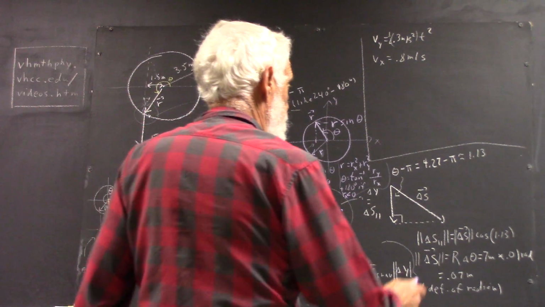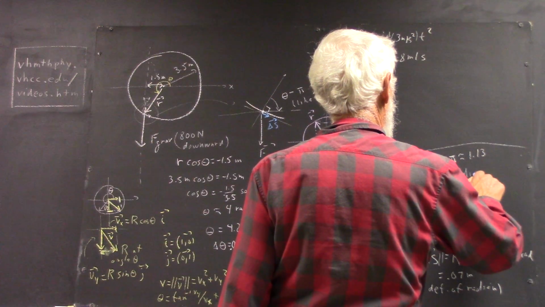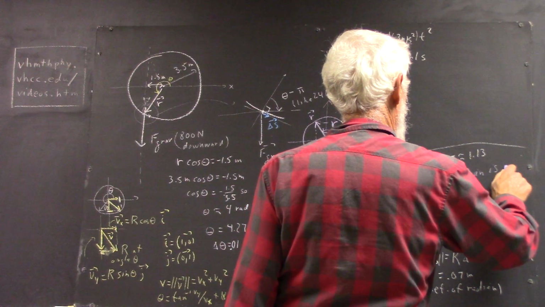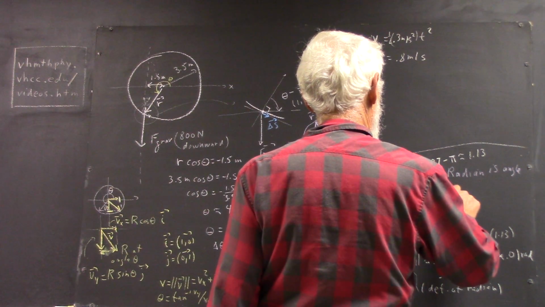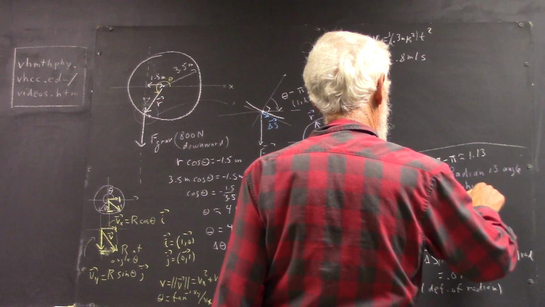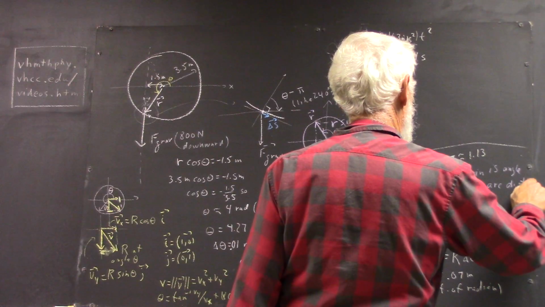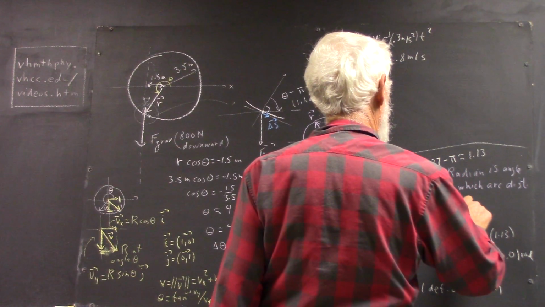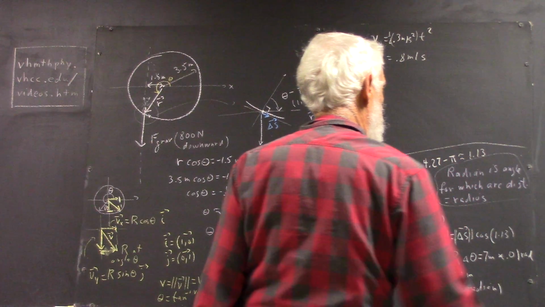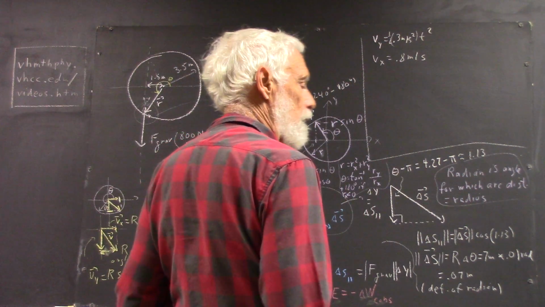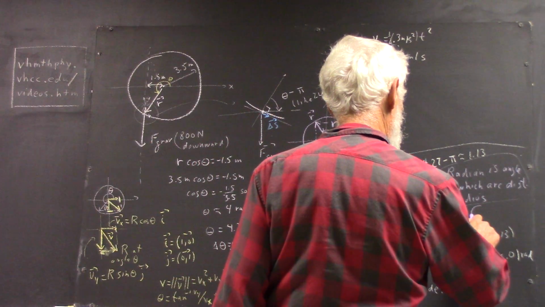Now, radian. Is the angle for which arc distance is equal to radius. Now that's not quite wordy enough to get all the details of the definition, but that's the general feel of it. It just means that if you have a circle